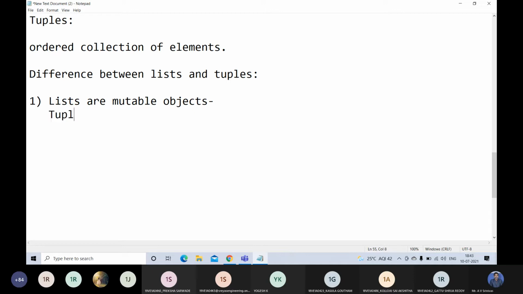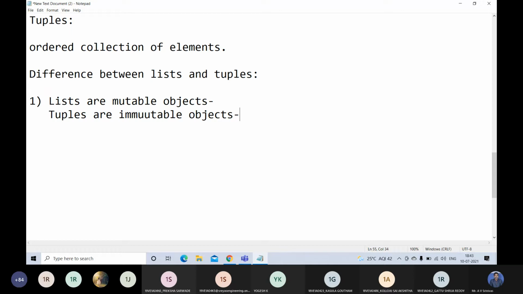Whereas tuples are immutable objects. That means once the tuples are defined, it is not possible to change the values or change the elements. It is not possible to add the elements.